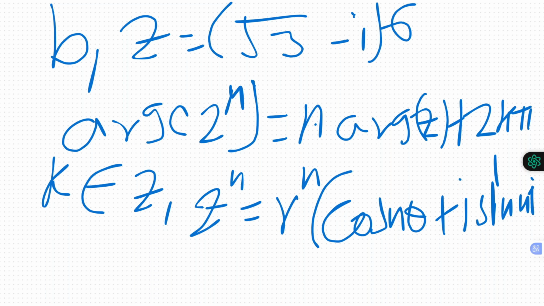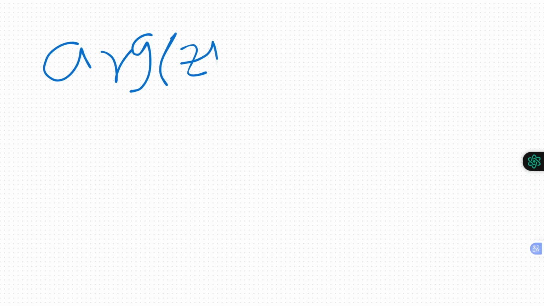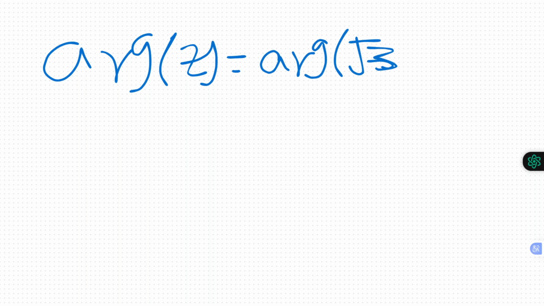So the argument of z, which is the argument of the given complex number root 3 minus i, the whole to the power of 6, means